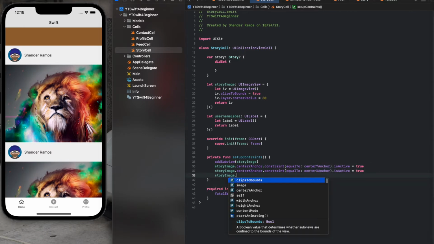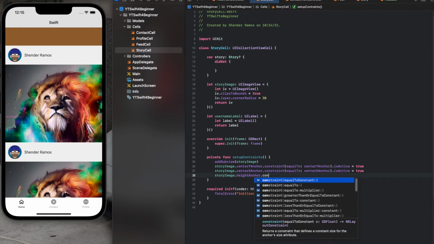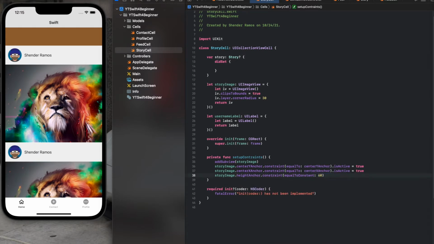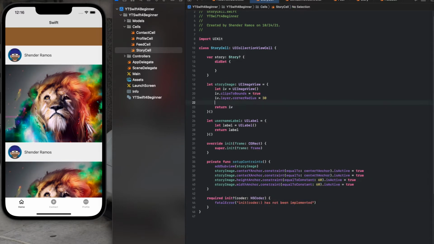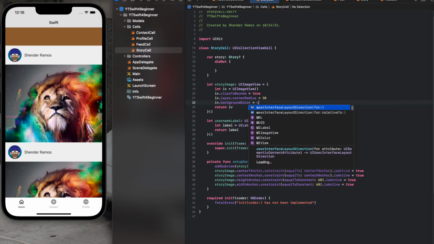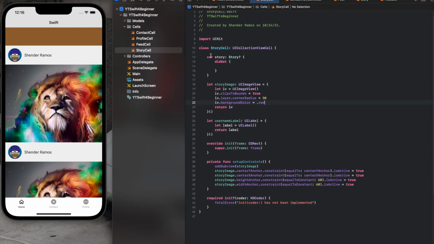StoryImage heightAnchor constraint 60, and widthAnchor 60, so it could be rounded. Let's put a little background color, so we know, UIColor could be red. Okay,